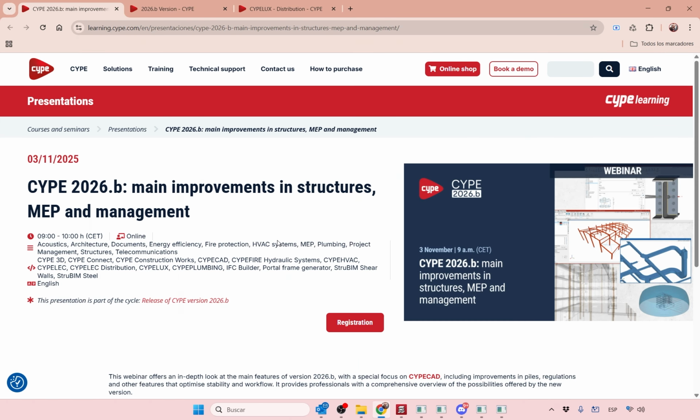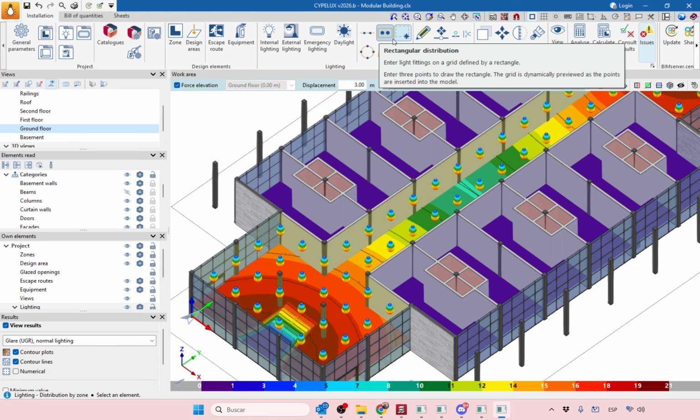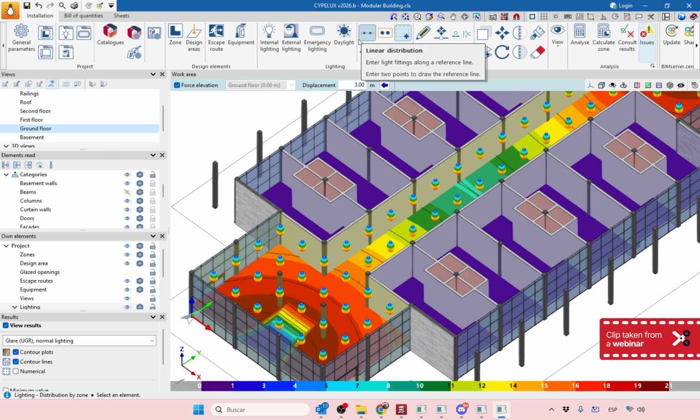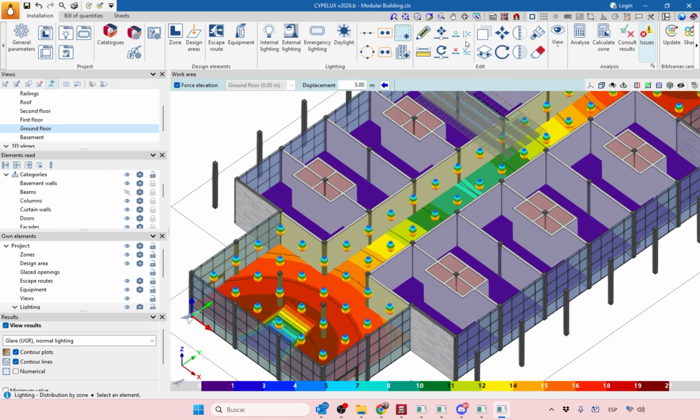Talking a little bit more about automations. CYPELUX also has something new related to automations. In the past version, we integrated here at CYPELUX some tools to introduce the lighting system with different automations, very similar to what we saw at Cypefire: linear distributions, rectangular distributions of these lights, even distribution by zones, so you can click in the zones and introduce it automatically, circular distributions, or even you